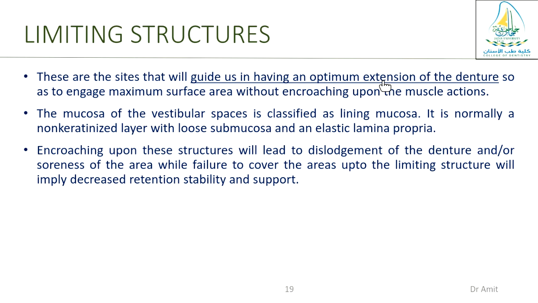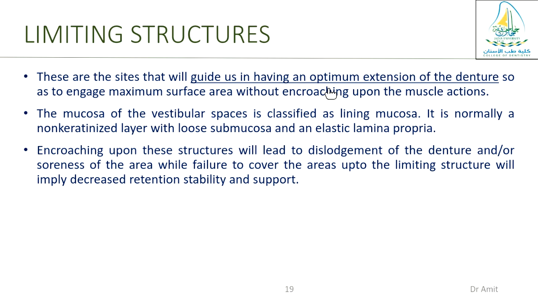It means it tells us till where we are going to extend our prosthesis or the complete denture in the patient's mouth, so that we can extend maximum to the physiological areas, and there are no muscle actions on which we can encroach. So if there is any muscle and if we don't record it at the time of complete denture making, then what will happen? As soon as the patient moves his mouth, the complete denture is going to fall down from the mouth,